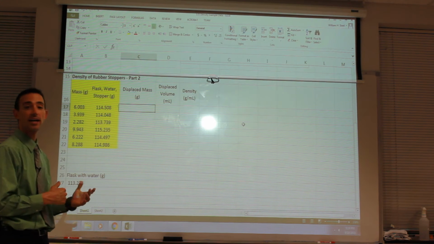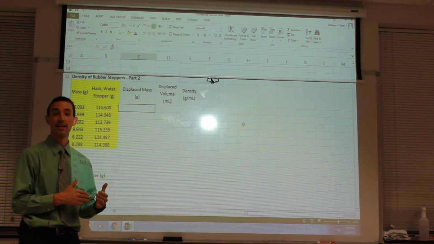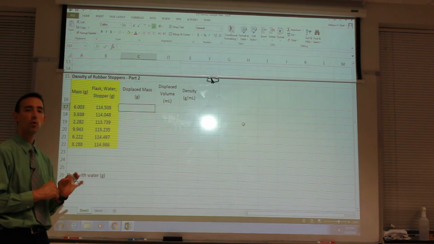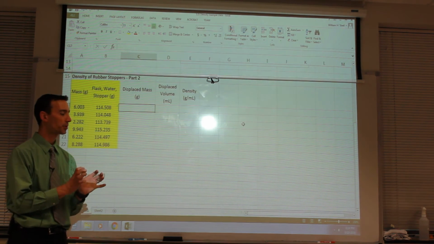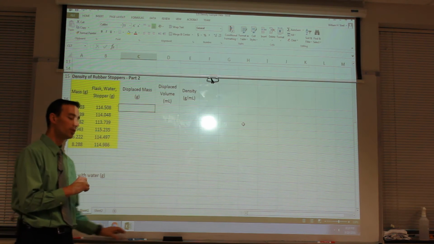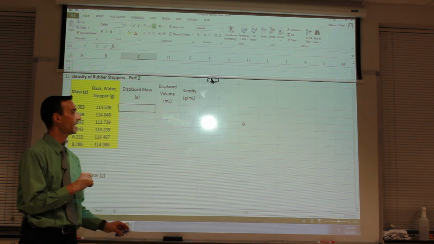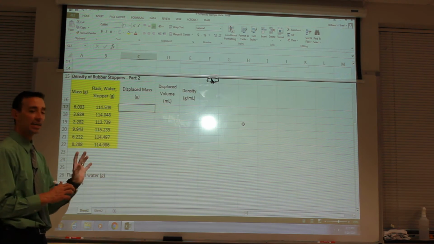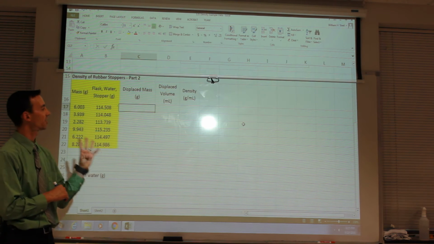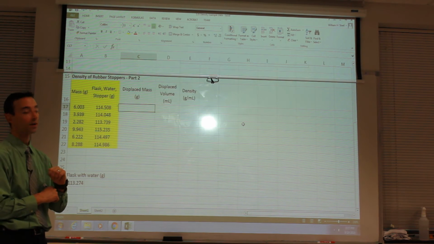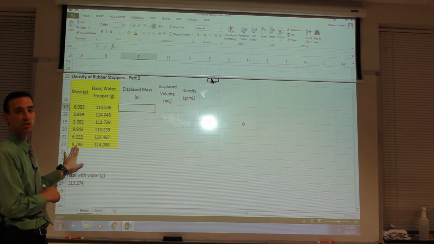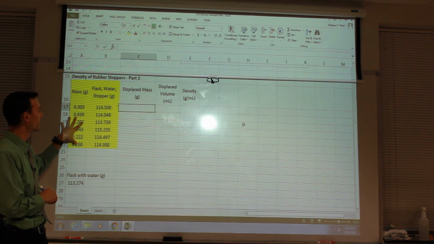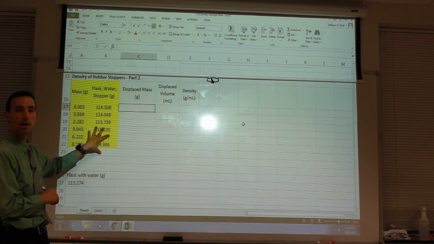Okay, now we're ready to try and analyze the second set of data from the displaced mass method. This is just a touch more involved, and conceptually we need to figure out 1 or 2 steps in this process. But again, with a spreadsheet, it's going to be quicker to do it this way. We're going to need 5 columns this time instead of the 4 that we generated for the first part. We're starting with the mass of our stoppers, which we should be able to copy and paste from the first set, to be honest. And then you have your 6 accompanying